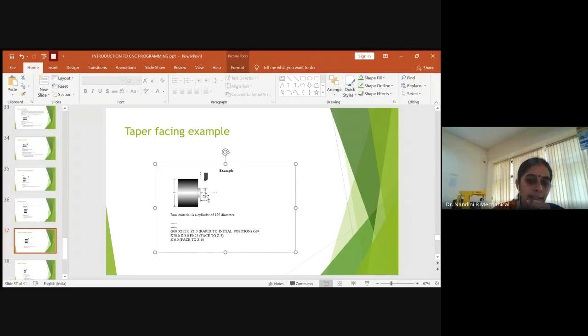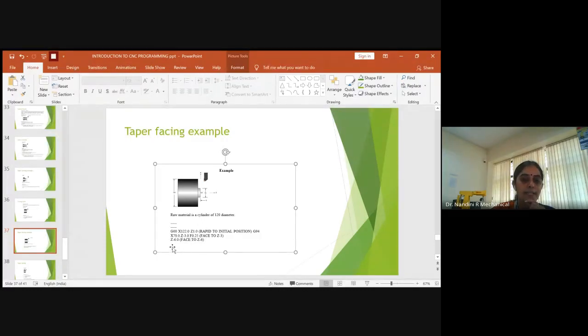So the tool gets into the material 3 mm in depth and it removes the material for the facing operation at a feed rate of 0.25 mm per revolution. Okay, so once it is done, the facing operation is done.